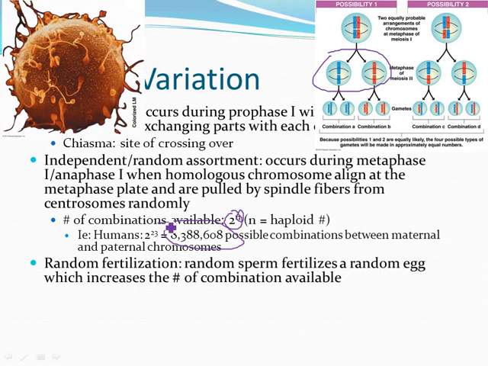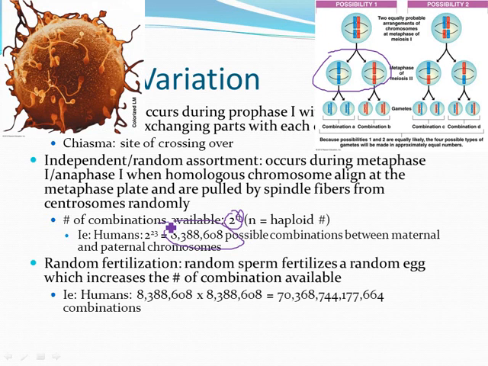Random fertilization is yet another way of genetic variation. Since we're going to end up having different types of sperm and egg develop, the combination of those two sperm and eggs fusing together will have different types of combinations as well. So of course you're going to end up multiplying it by itself. So you end up having this many different types of combinations available. You don't have to memorize the numbers. It's just showing you the how